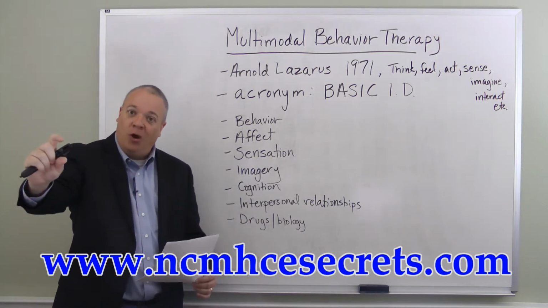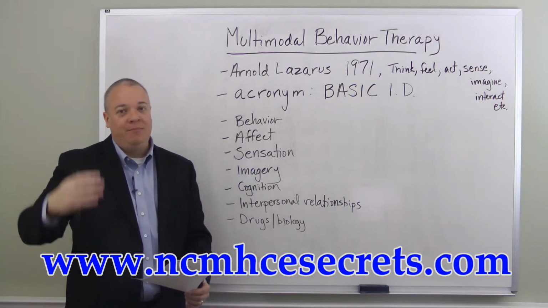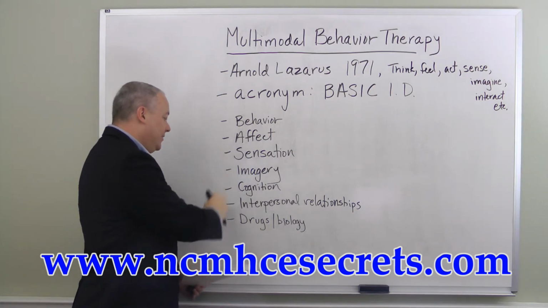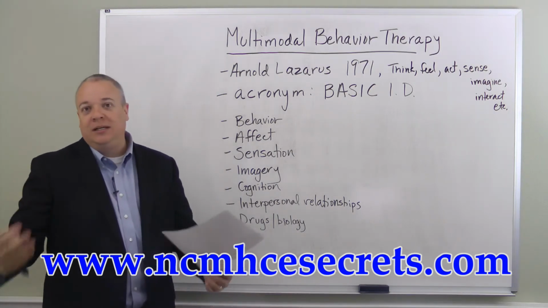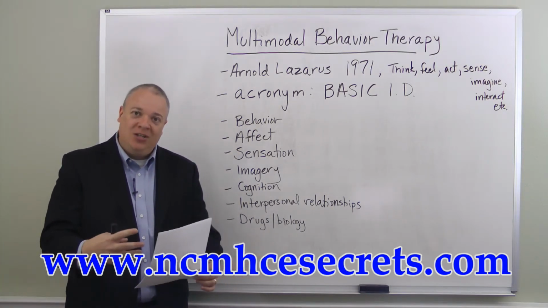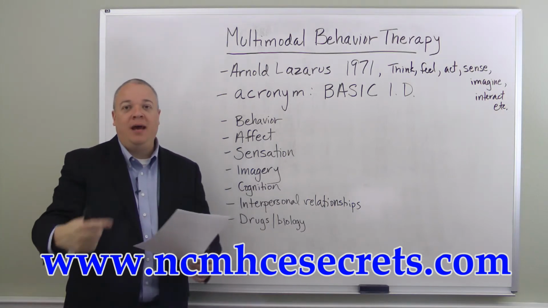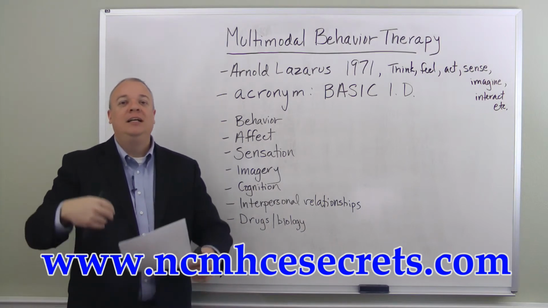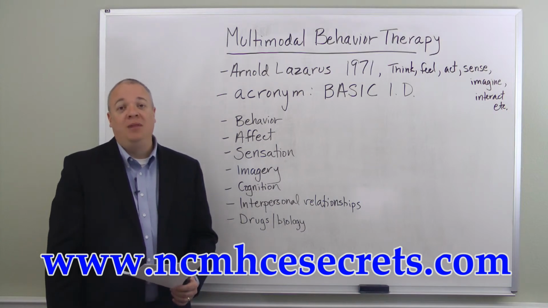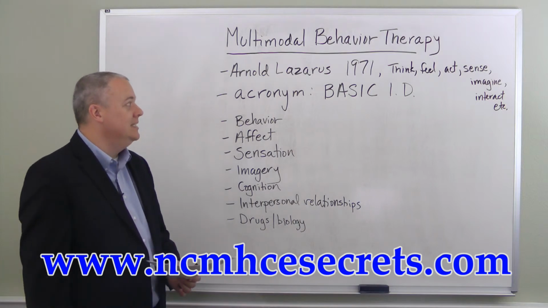So you don't just abstract one and say, if I can correct the way you think, everything else will come into line. But I'm a thinking being who also feels, who also imagines, who also senses, who also acts, who also interacts, who also has a particular level of health and things like that. So they keep all of these connected to one another, realizing that they interrelate to one another, and there's mutual feedback between them. By keeping those things at the heart, then you craft an individual plan for that particular person to try to help them. This is a subset of cognitive behavior therapy invented by Arnold Lazarus in 1971.